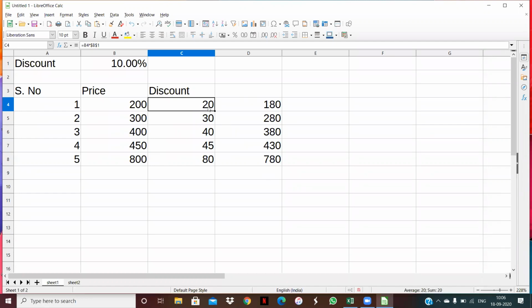Means when we want to fix one value and the rest of the values change, this is your mixed cell reference. I hope this point is clear to you.